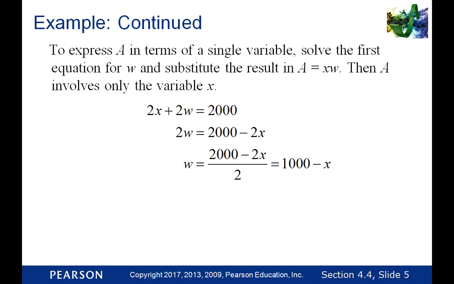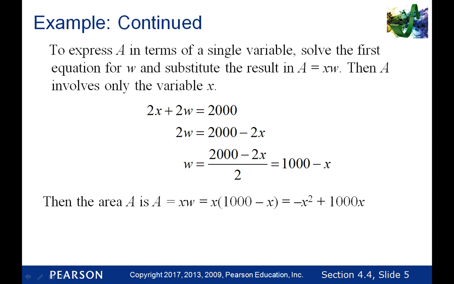So I take the 2x plus 2w equals 2,000, and we just pick to solve for w. Could just as easily solve for x. It doesn't matter in that case. We solved it for the width and it worked out to be 1,000 minus x. And what we're going to do is take that part and replace